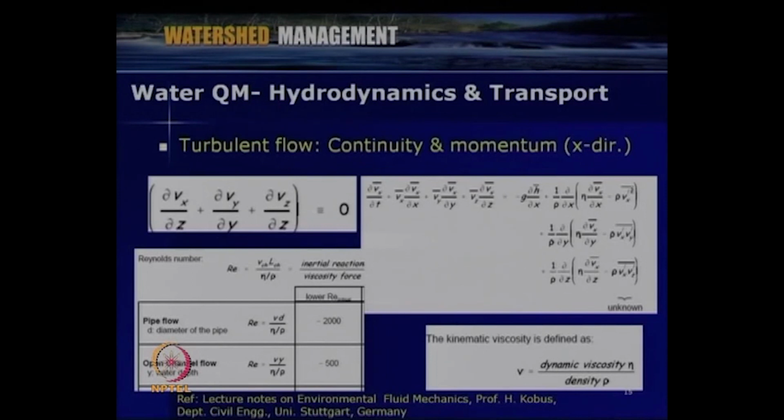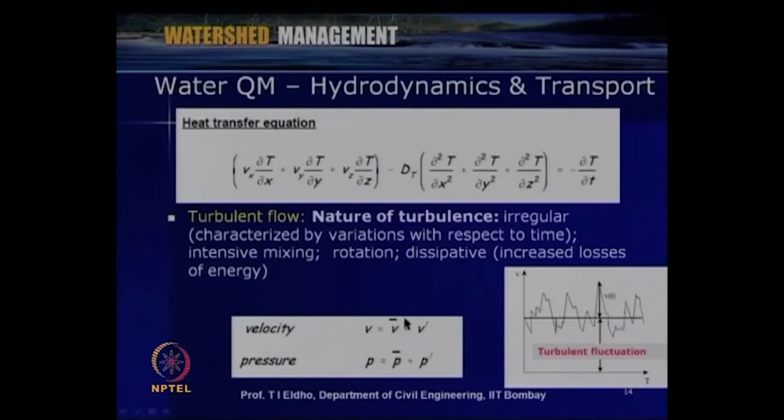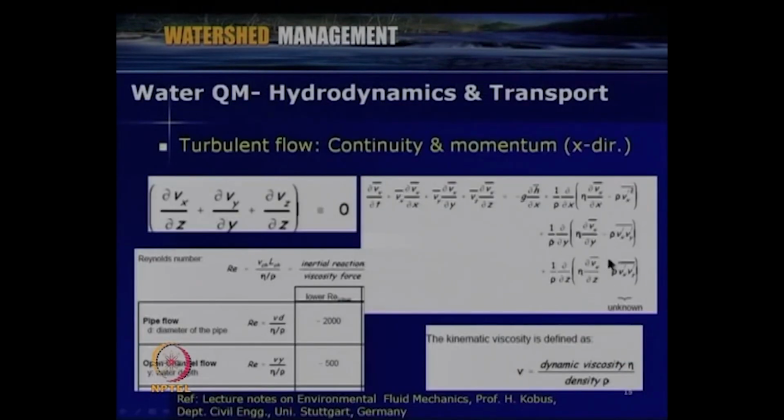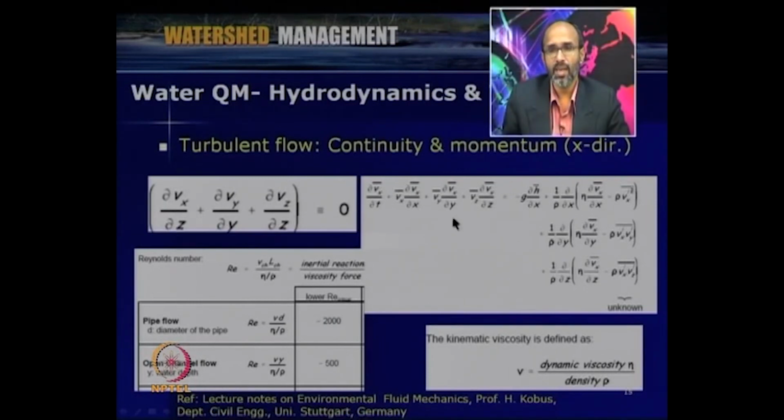So, the continuity equation with respect to the mean component, the same way we can write. So, this is the equation, and then the momentum terms from the Navier-Stokes equation we can transform with respect to these fluctuating components and the mean component, and then the final equation can be written like this. These equations you can see in any of the standard fluid mechanics books, like Fluid Mechanics by Wiley and Streeter.